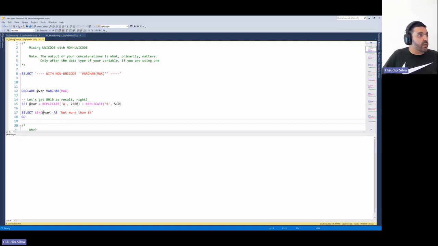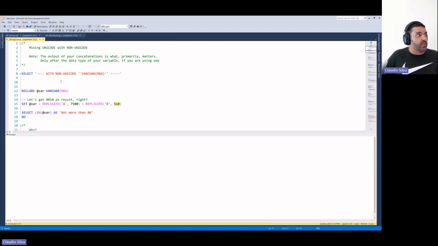To show this, I'm using the replicate function, which accepts one parameter, and it will replicate that parameter X amount of times. And I'm concatenating that with another replicate for a different letter and a different value.